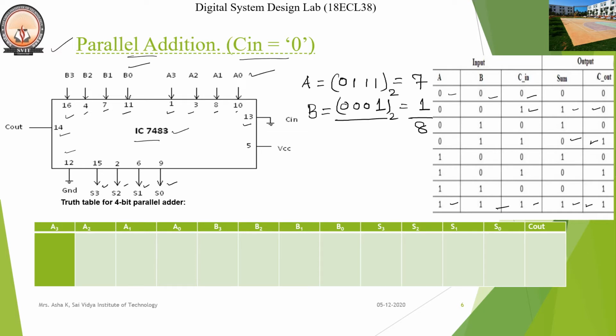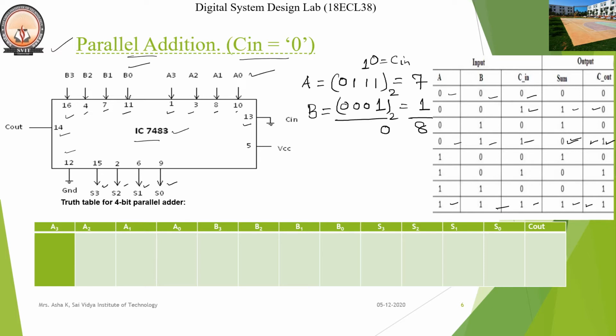Perform the addition using the binary adder. 1 plus 1 produces the C in bit, in this case is equal to 0. 1 plus carry bit C in 0 produces the sum, that is the combination is 0 1 1 produces the sum 0 and C out as 1. Sum is 0, the C out is 1.